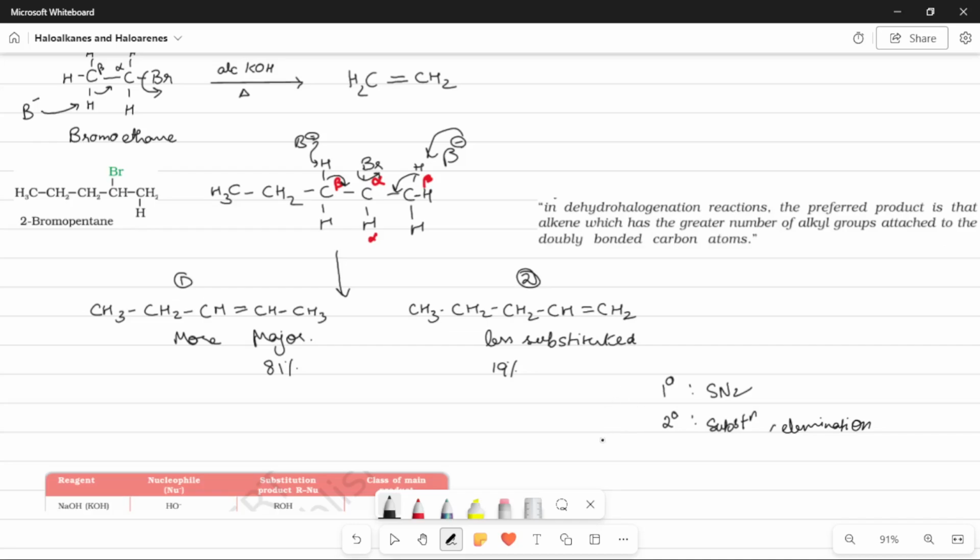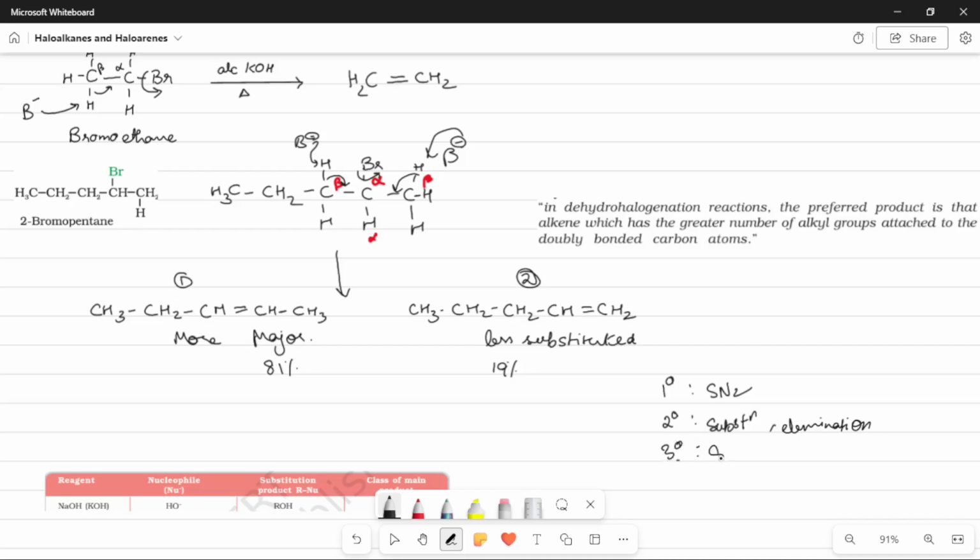This is because it needs to be able to attack. Remember, when we talked about the nucleophilic substitution reactions, we talked about how the steric factors affect the ability of it to undergo SN1 and SN2. And that obviously has a huge role to play in whether it wants to undergo substitution or elimination reaction. Similarly, a tertiary alkyl halide would prefer either